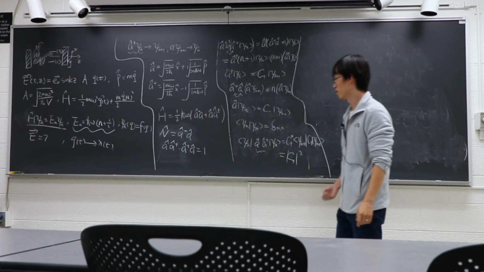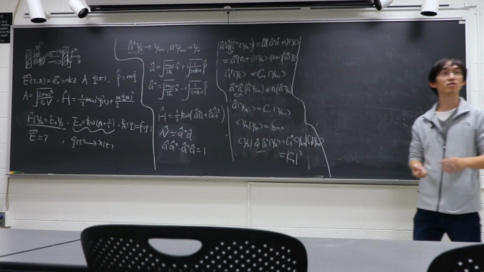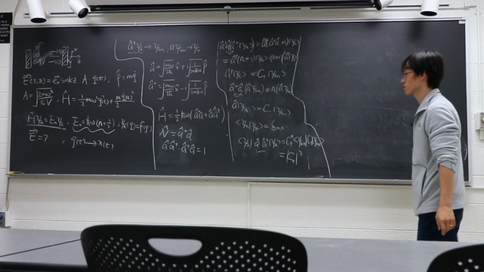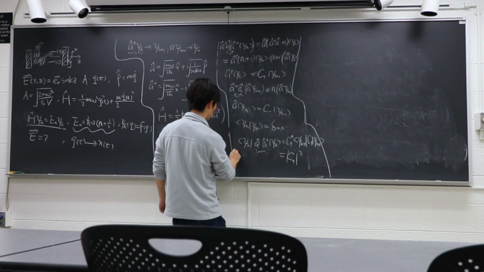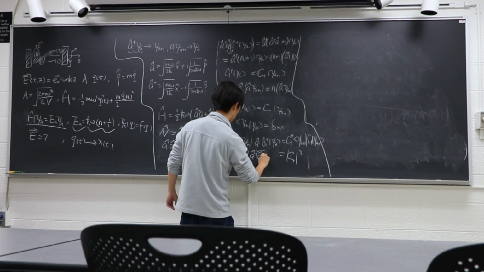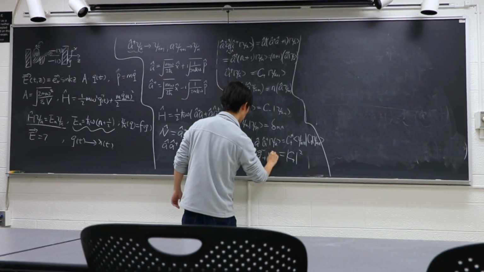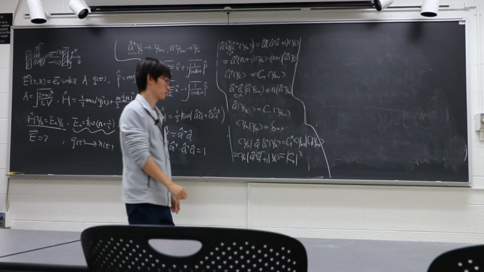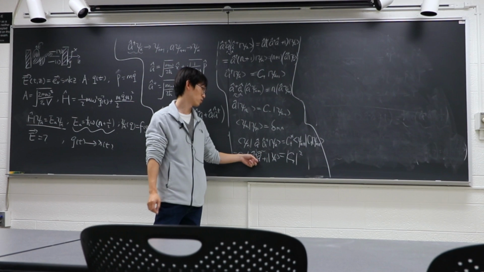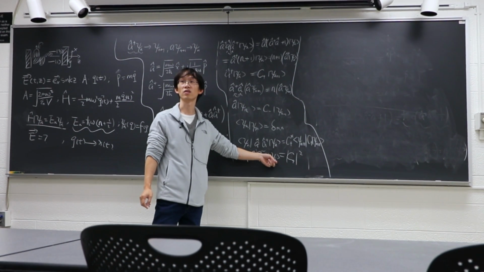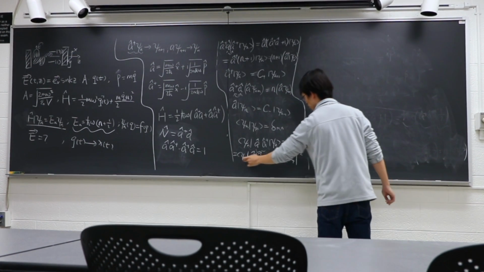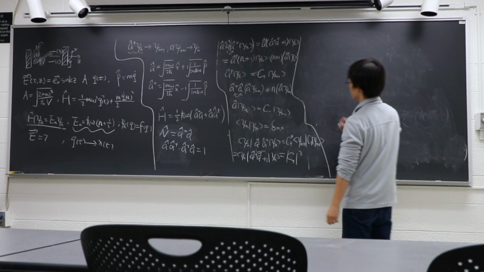Okay, and again we come back to this one. Whenever you don't know how to calculate it, you switch. So you switch and you get this. So this part, when you do switch, A dagger A plus 1, right? And A dagger A hit on this is n, right? The number operator on the n photon state is n plus 1. Okay, the inner product of these two is 1. So you get